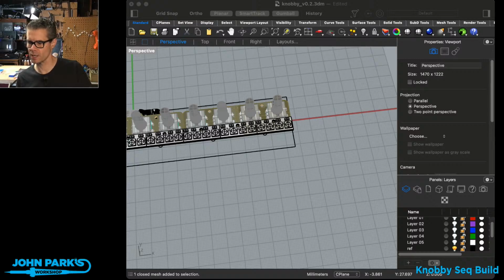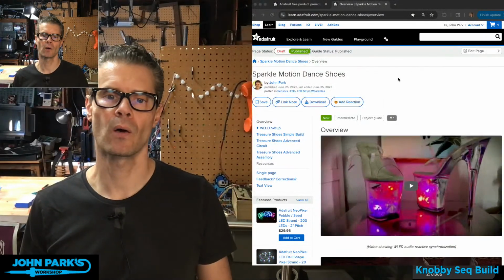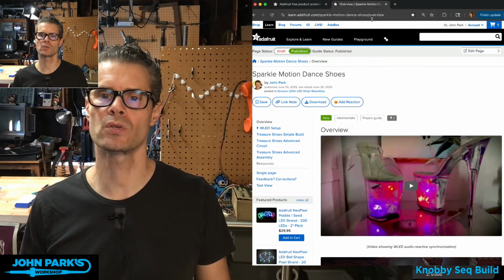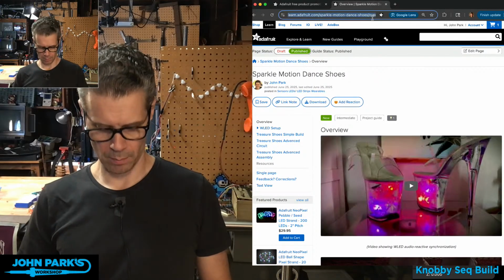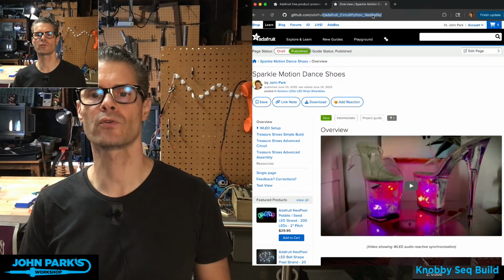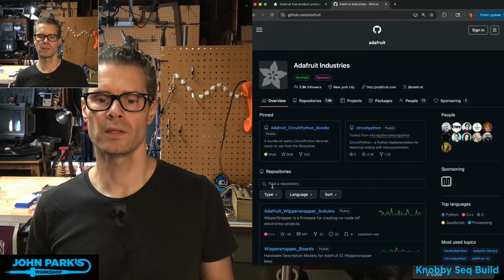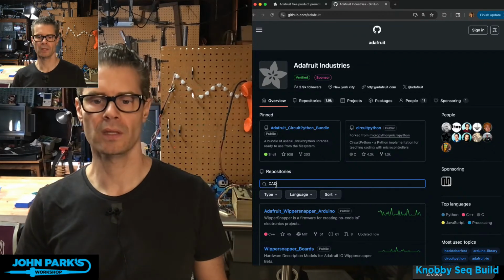Quinman16 asked, do the Ruiz brothers have a 3D model for the Stemma QT I2C Wii Nunchuck adapter? I don't know, but I'm happy to show you how I would answer that question, which is head over to github.com/Adafruit, and in the Finder repository, type in CAD.